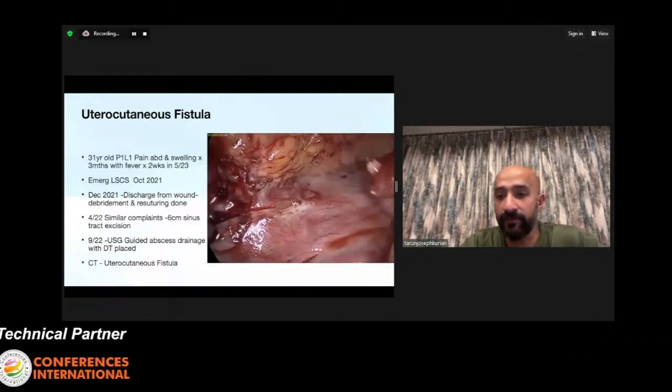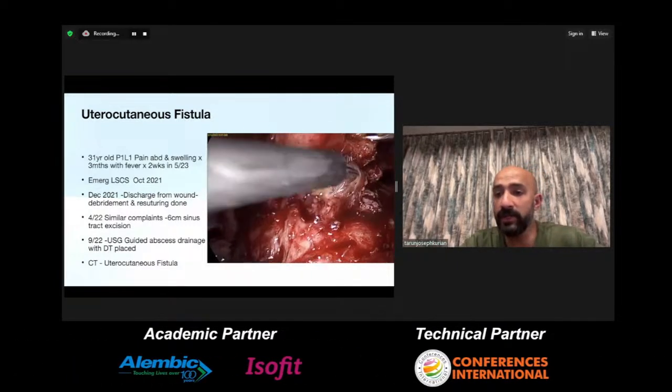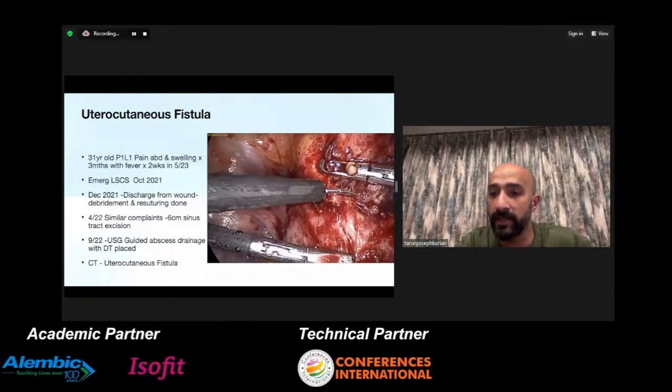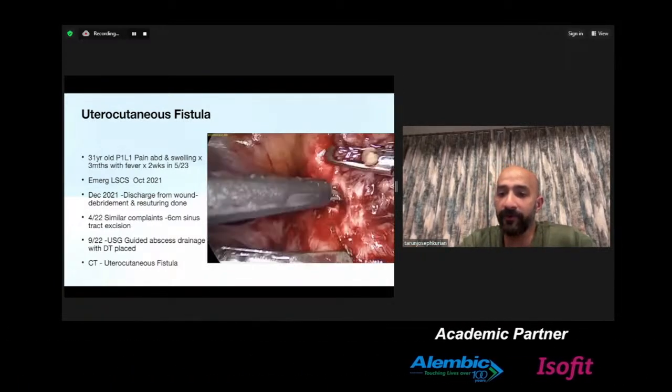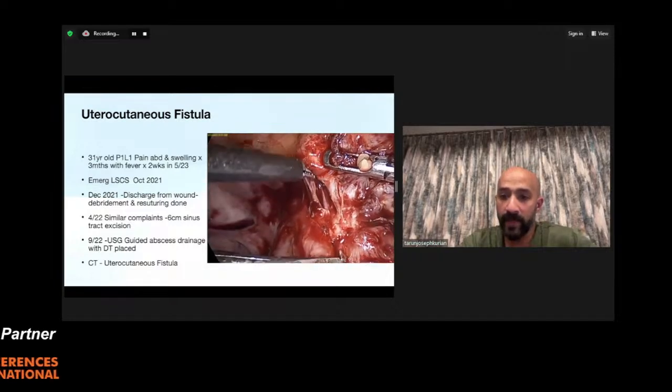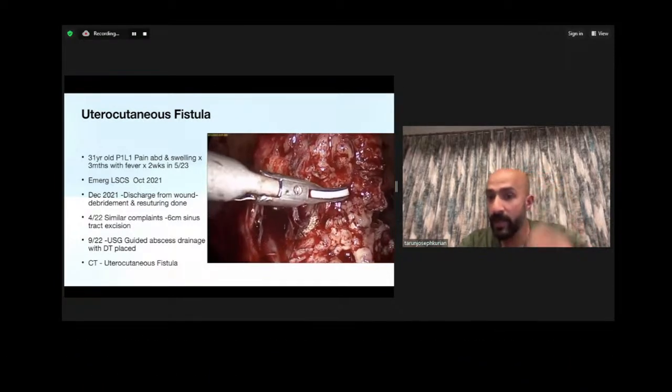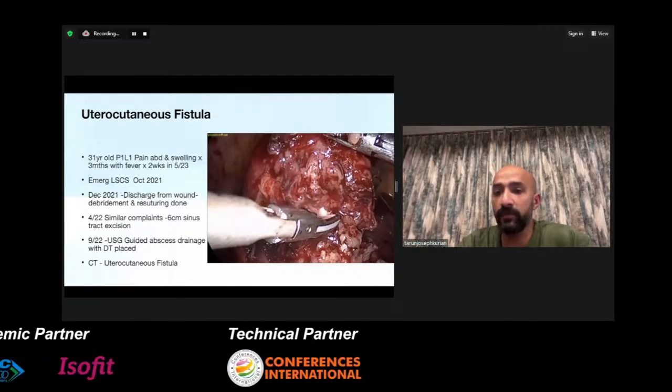First step, as always, is to dissect off the bladder and to show us the site of the defect. So here you can see this is the fistula that I have cut into. You can see the fistulous tract over there, the tissue over there. We cut our way further down, pushing the entire bladder off. So the first step that I'm going to do is to find the defect onto the uterus. Once I dissect that out, then we can